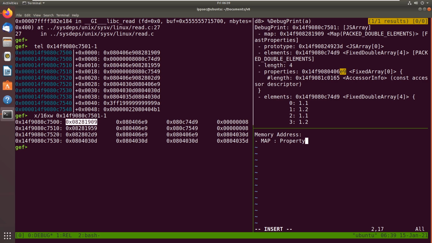So map property, and then D9. That should be the element right here. So map property, then element. And I'm splitting it like this because these are 64-bit addresses. So element,